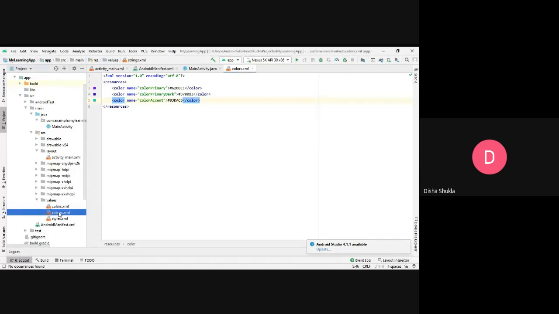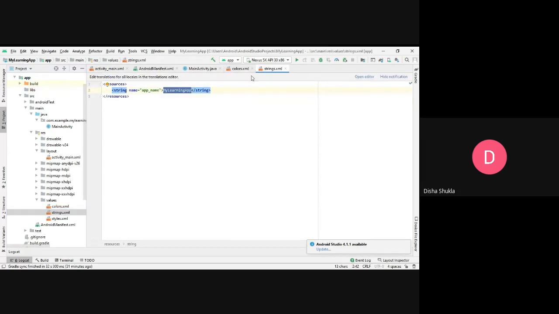Okay, the next thing that we have is the string.xml. The string.xml will contain all the strings that you are going to use in your app. Now, it's not necessary that you need to mention all the strings over here. I mean, there will be possibilities that at different places you are using strings and you need to get them. But say for example, you have certain kind of a confirmation dialog that you want to show at different places, or something where you are using the same kind of a text at a lot of places. So that you can write over here.